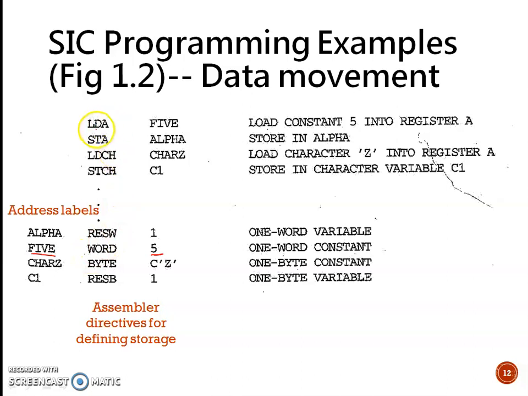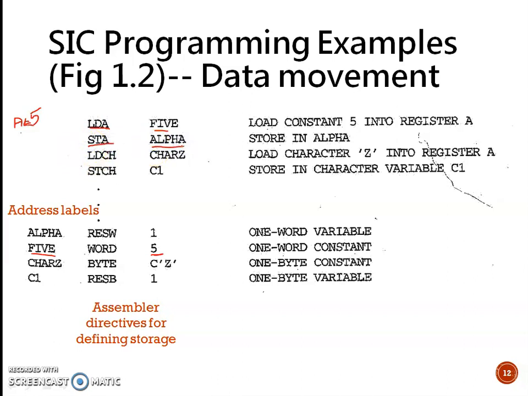So if we say LDA 5, it means to the accumulator you will be loading the value 5. Then the next statement, STA alpha.